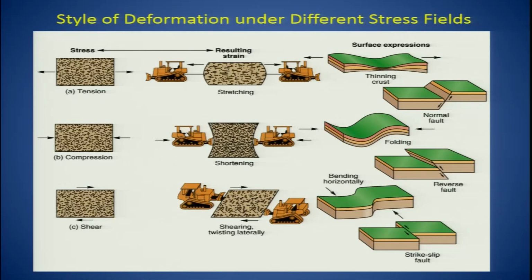Welcome back. So let's see quickly what are the different faults which we have been talking about: the reverse fault, thrust fault, a normal fault, and strike slip fault, and then see how the surface manifestations are seen on the surface. So style of deformation, this we already discussed, that we have three types of deformation usually seen on the globe. So one is in extensional tectonic environment, compressional, and shear,